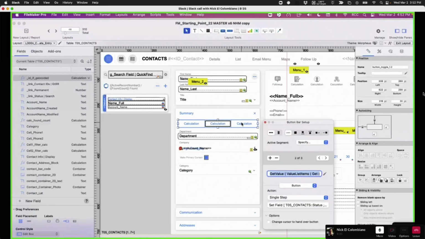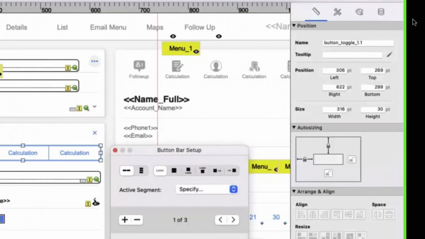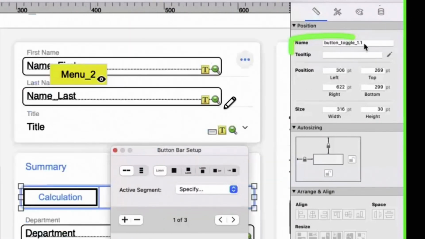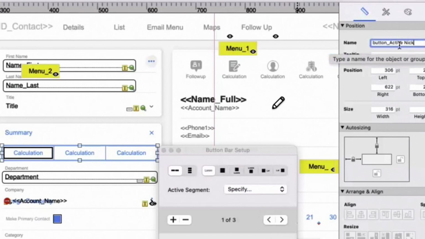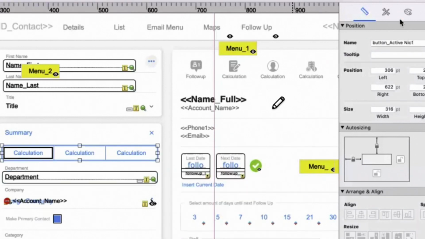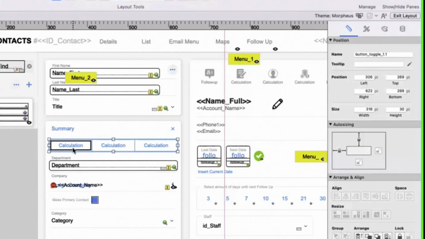Hold on there one second. I'm going to zoom in real quick because it was off screen. So he's talking about naming it up here, for those of you wondering about that. So they're all based on names. But I can change the name by definition. So I cannot name the button active Nick, because it will be broken if I change the name of the value list. You understand? I need to refer to a name.